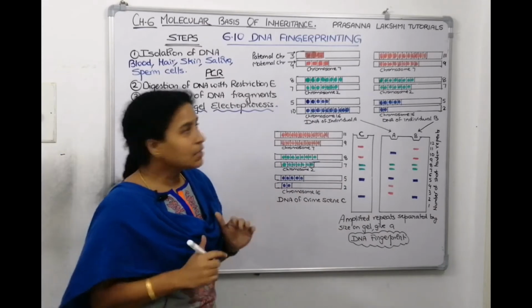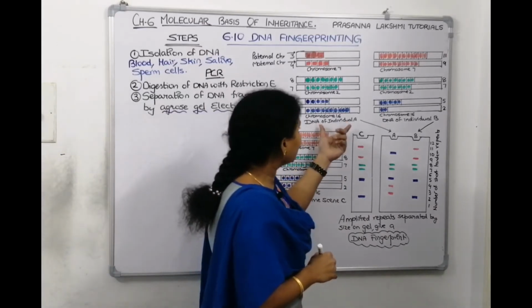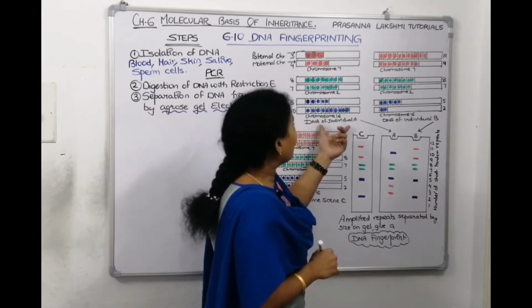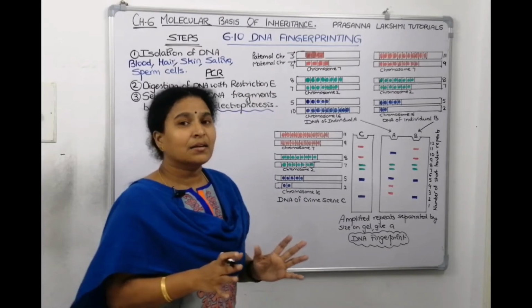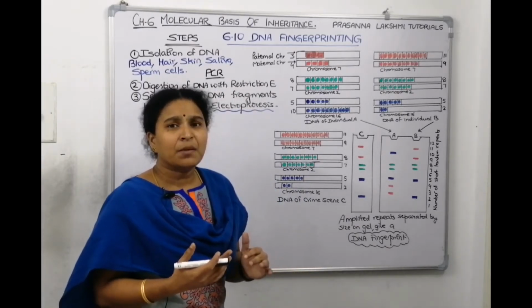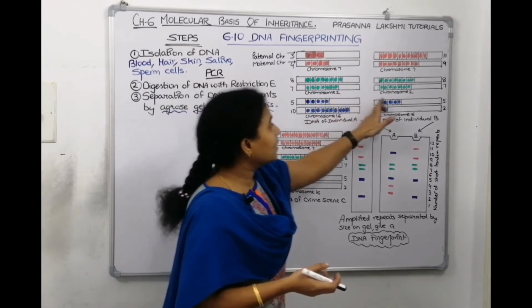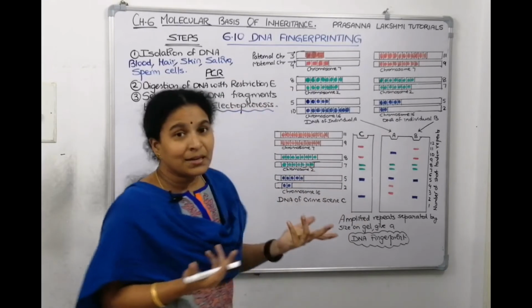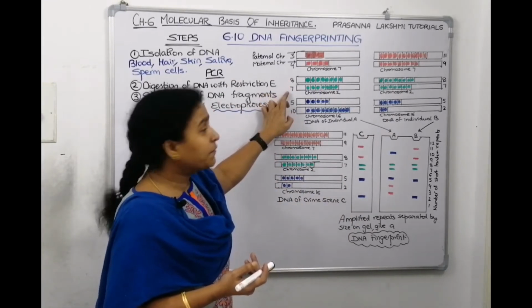Okay, one more thing. When we have digested individual A's DNA and individual B's DNA, it doesn't mean that they are changing; it means it's variable. The tandem repeats are variable for all the chromosomes. See here, the 2nd chromosome of this person and this person matches. How am I telling it is matching? Because for the 2nd chromosome, here you got 8 fragments, here you got 7 fragments.